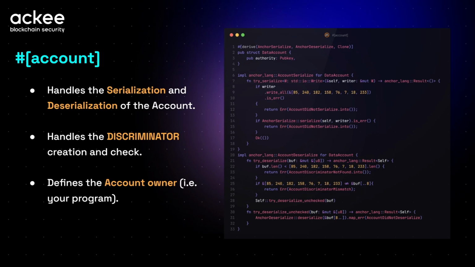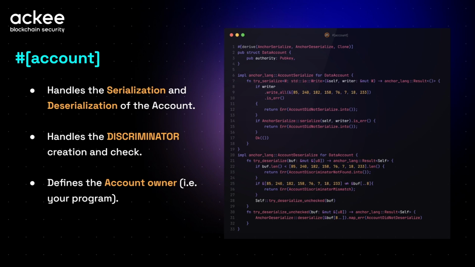If you have experience with writing Solana programs without Anchor, in vanilla Solana, you know that you had to handle this manually. So you had to create an implementation for serialization from the struct into a byte array and deserialization from the byte array into the struct.